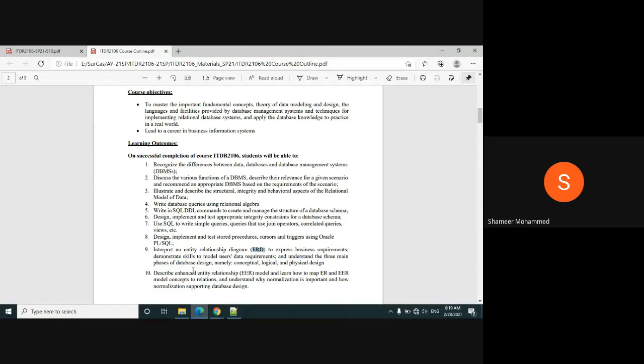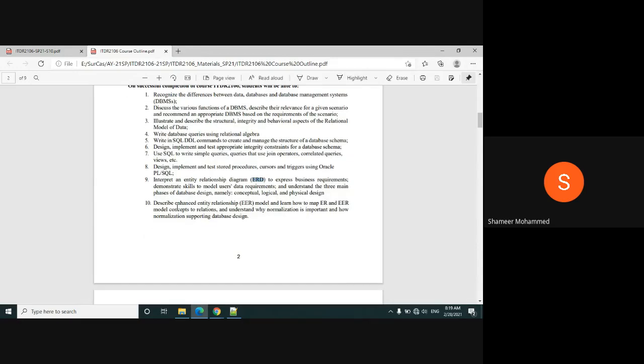One to many, I think you studied in the principles of information systems, creating relationships like one to one, one to many, many to one, many to many. So those relationships you can learn here also in the database subject. The advanced version of this ERD is known as the Enhanced Entity Relationship Model. So you will learn this lastly, EER it is called.